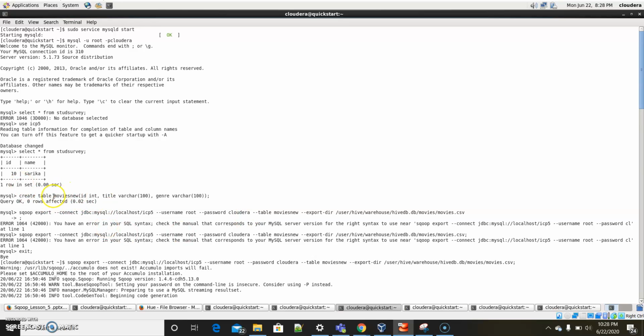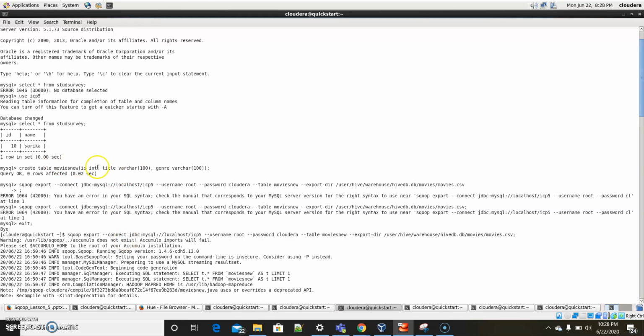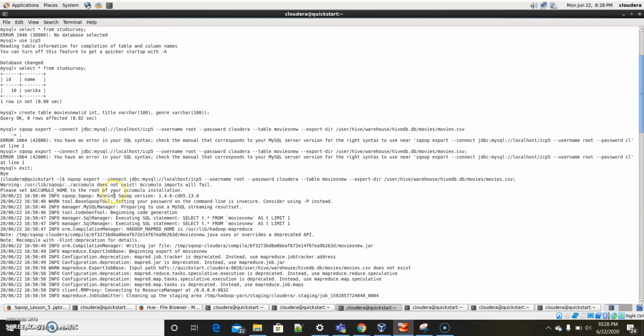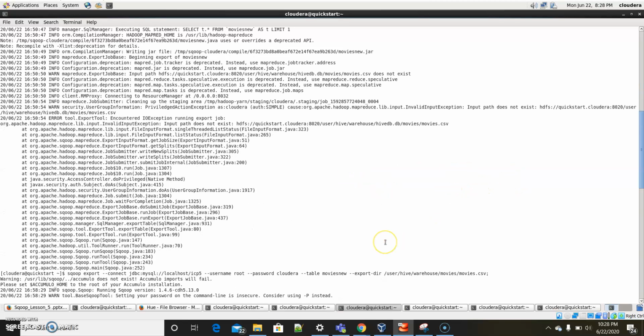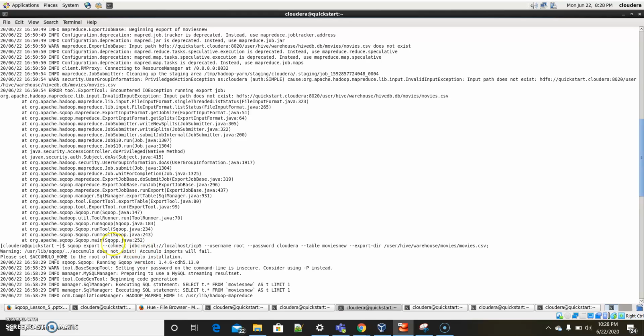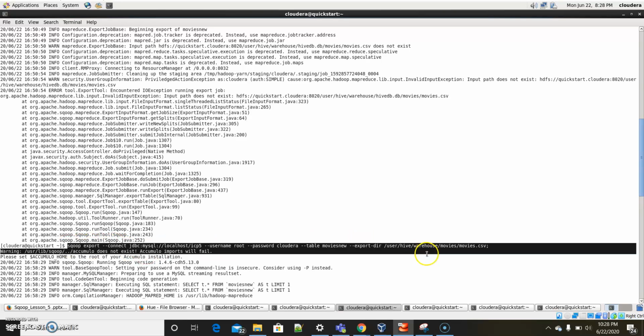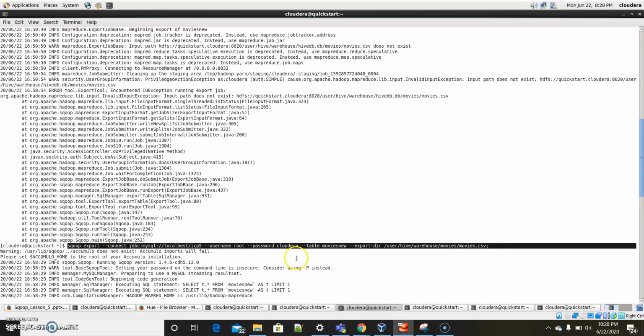For that, firstly, I have created a table called movies new in MySQL with ID, title and genre, and I am using this export command to export from Hive, from movies.csv, into the movies new table in MySQL.